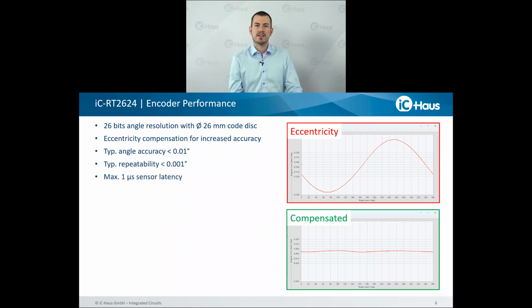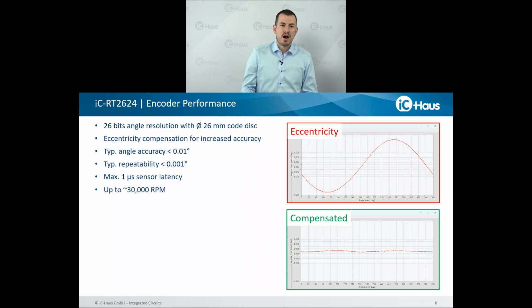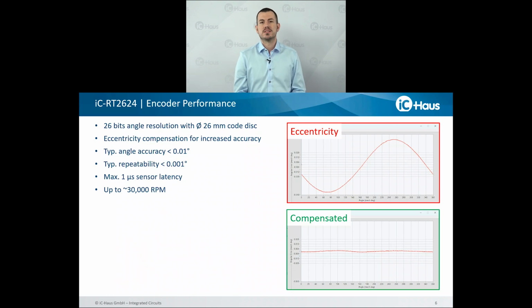Resolution and accuracy is one thing. You'd like to have the position data as fast as possible to have a smooth control performance. And therefore, this device is super fast from a change in the optical front end to an output of the position data at the pins on the output side. Below 1 microsecond of sensor latency, I think this is a top-notch number here. RPM, how fast can you spin the code disk to use the sensor? Of course, it depends on which code disk is used, but for the standard 26 millimeter code disk, you can go up to 30,000